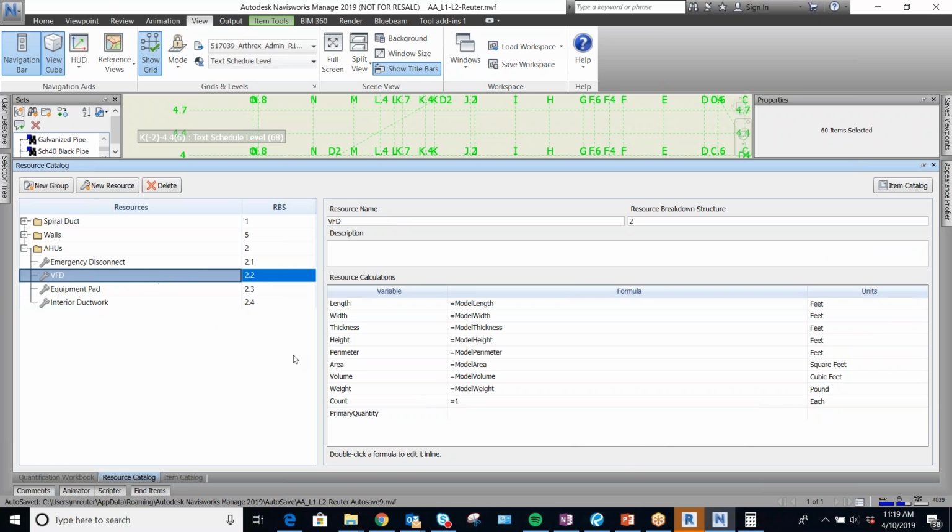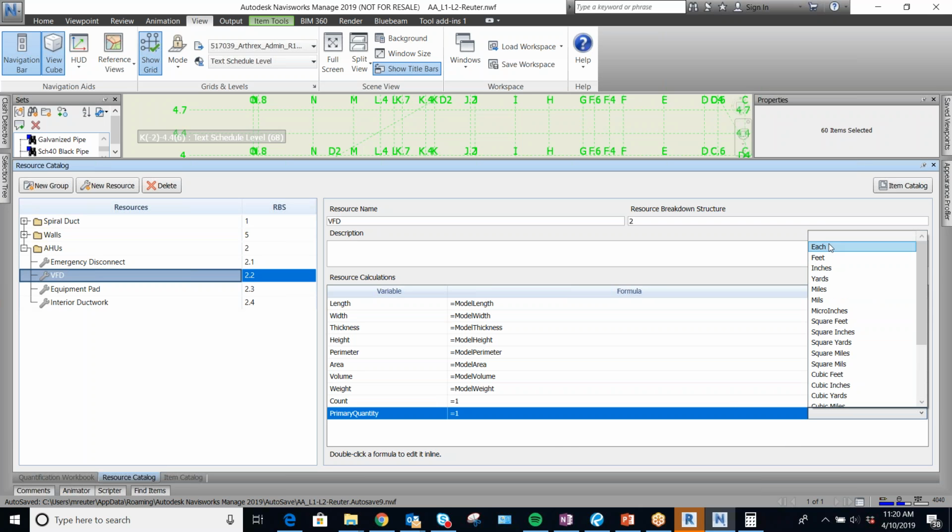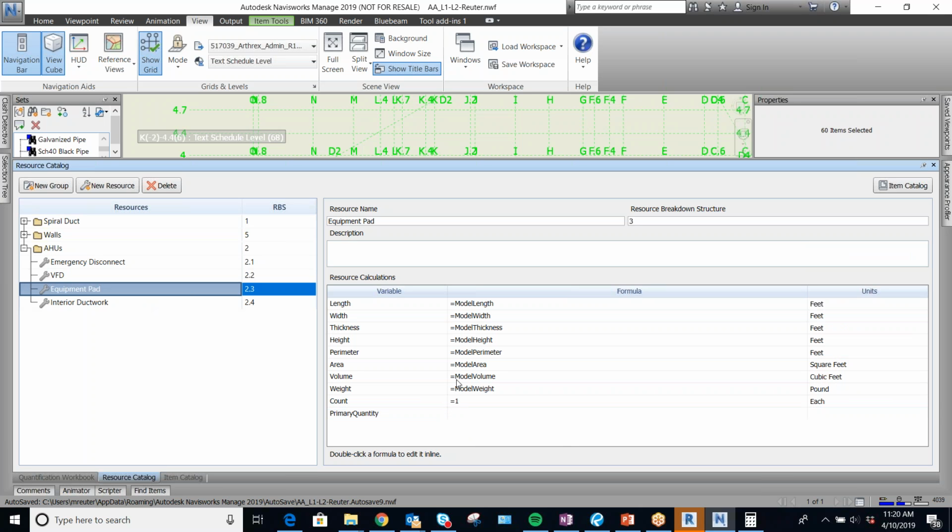What about, how would I take off VFDs? Would that just be one per air handler unit, or what would it be? One per motor, one per unit. Okay. Then for the equipment pad, that would equal model area times